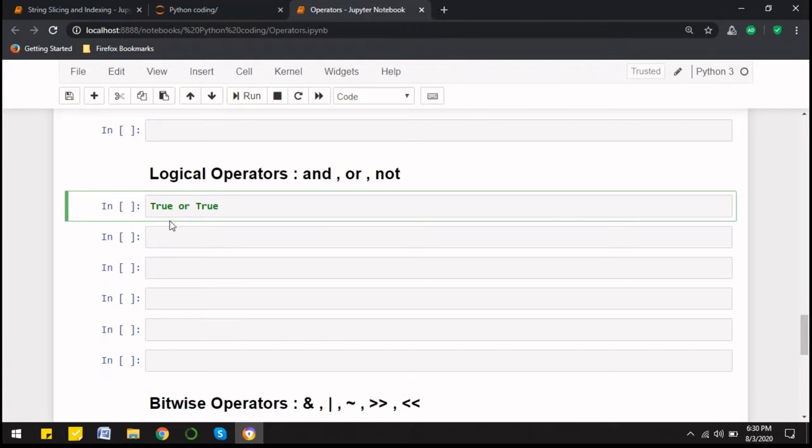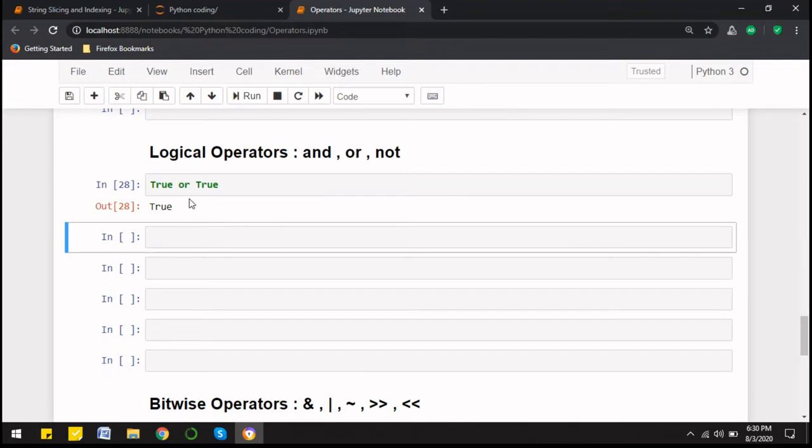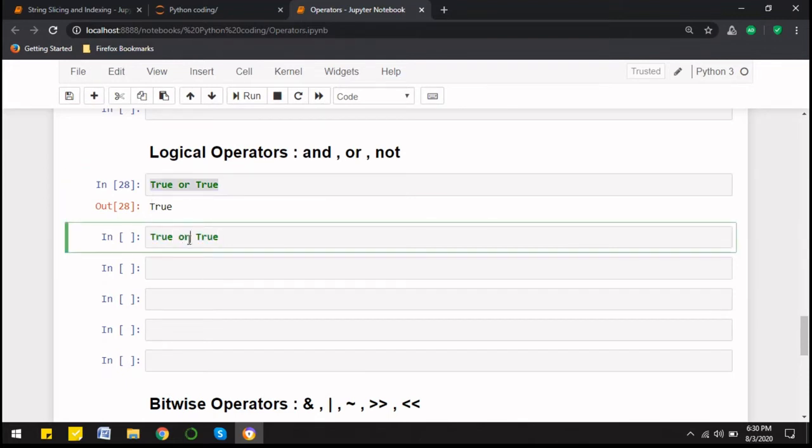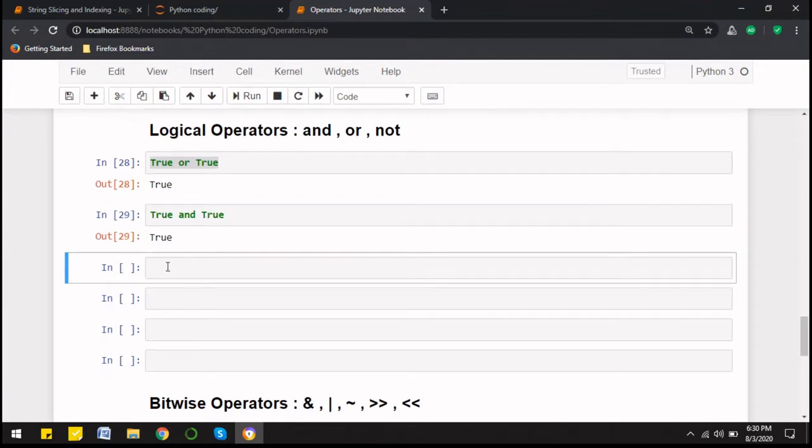When both the values are true and we are using the or operator, then the output is always going to be true. The same when applied with and, it is going to give us true, because in case of or, if any one of them is true, the output will be true. But in case of and, both have to be true, then only the output will be true.